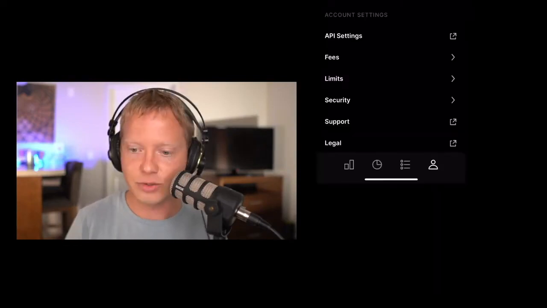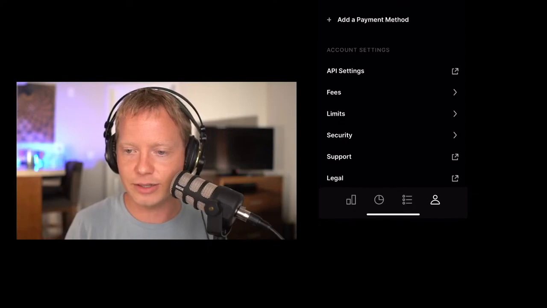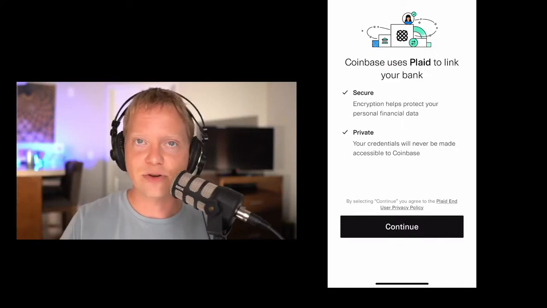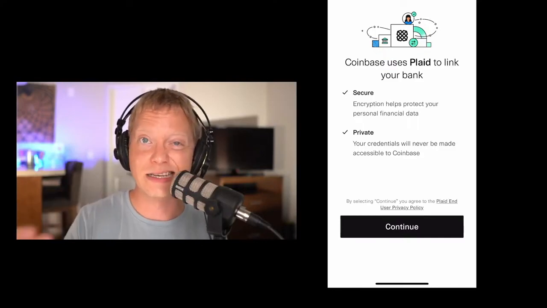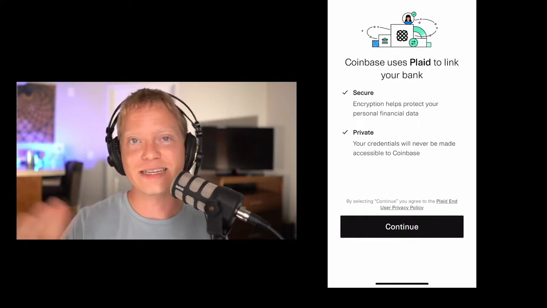But with Coinbase, if you want to transfer money into Coinbase, you hit the little guy right here in the bottom right corner, and you go here, add payment method. You hit add payment method, and it brings up the Plaid login. Same thing. You would click continue, you would search for your bank account, and then you'd log in with your username and password and pick whichever account after you've logged in. It's a trusted third party that connects the exchange with the bank account, and so you could transfer money back and forth, and it doesn't go directly from the exchange, so they don't get your personal information.